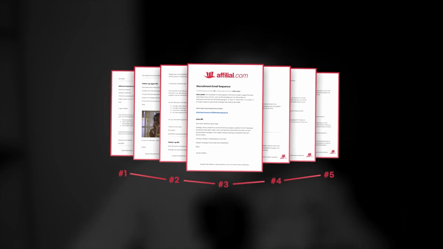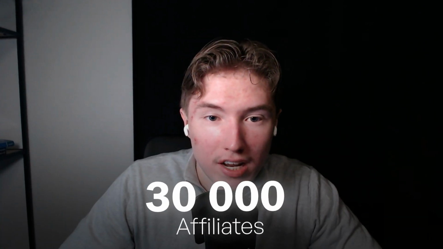Now, you have your partner persona, and say you have located an affiliate that you want to recruit, and now you might be wondering, what do I actually say to potential affiliates once I find them? And what you are about to learn, this is the sauce. This is the stuff that you won't find anywhere else. So pay close attention. To recruit affiliates like clockwork, Dustin always sends a sequence of 5, not 1, not 2, not 3, but 5 specific and perfectly tailored emails. And these emails alone are responsible for over 30,000 affiliates recruited.